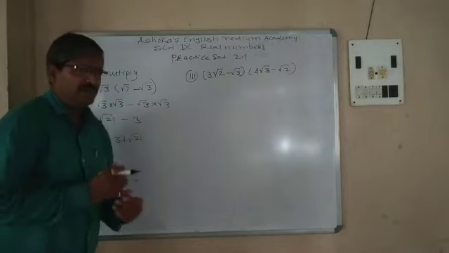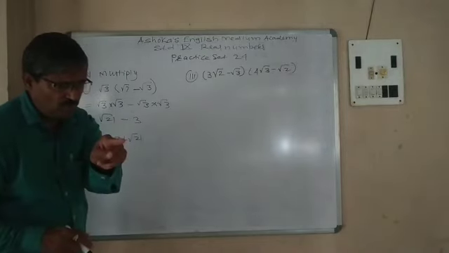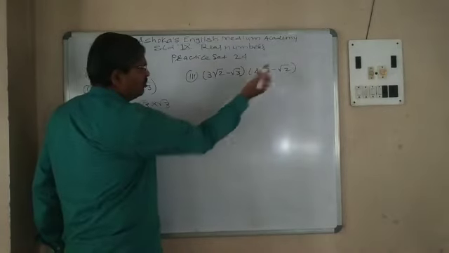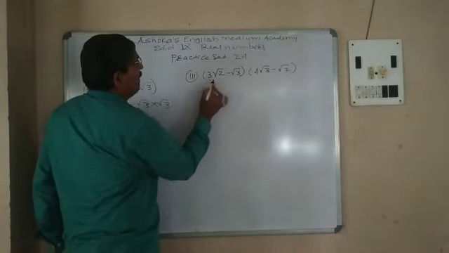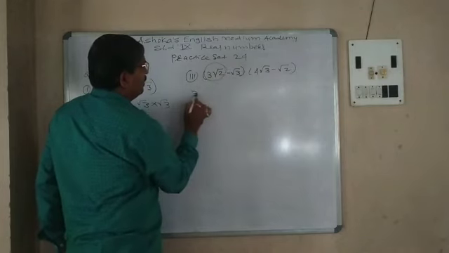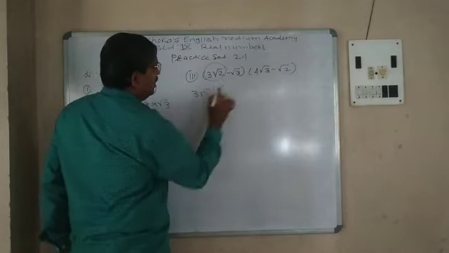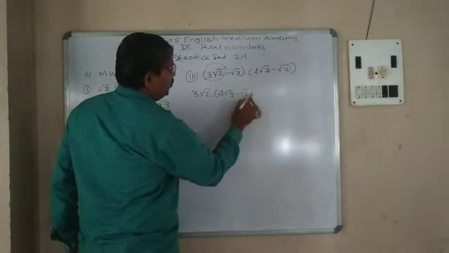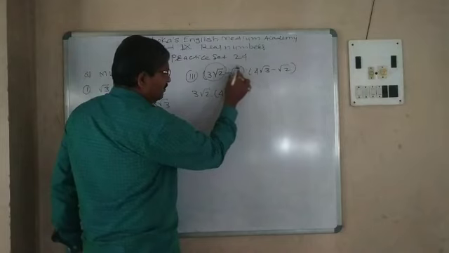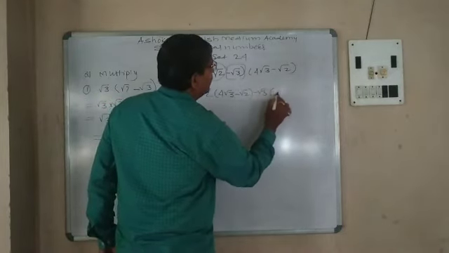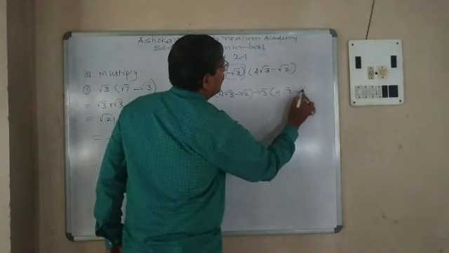Now here question number 3. Question number 2 is given as your homework. You should solve it at home. Now I am going to solve this third number question. Multiply these 3 root 2 to the second bracket, 4 root 3 minus root 2. And by this minus root 3, multiply to the second bracket again.